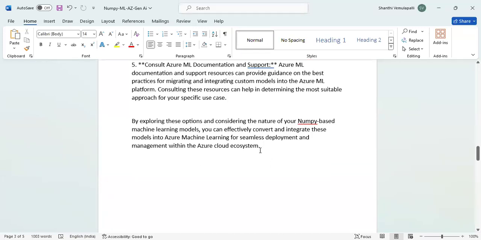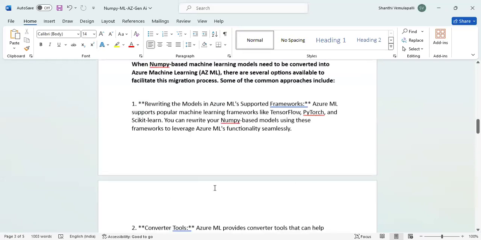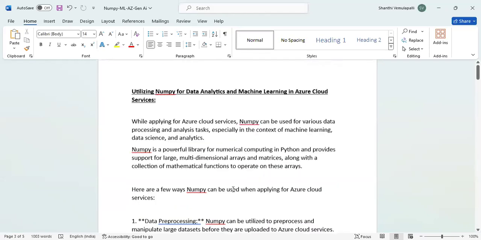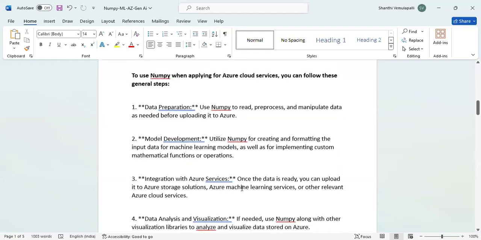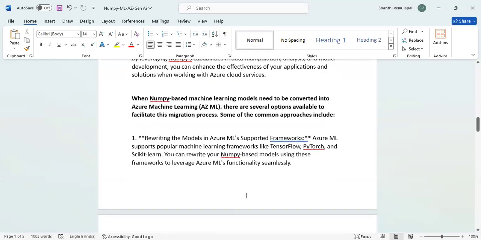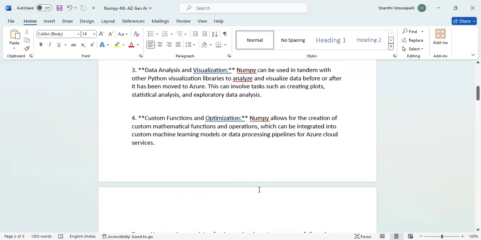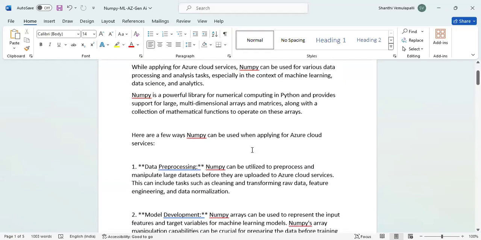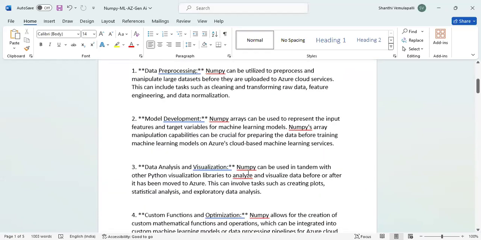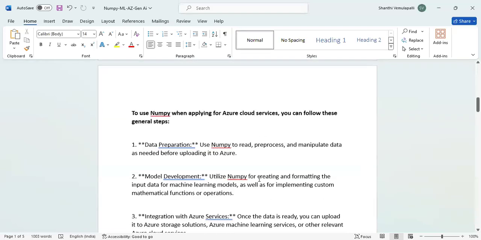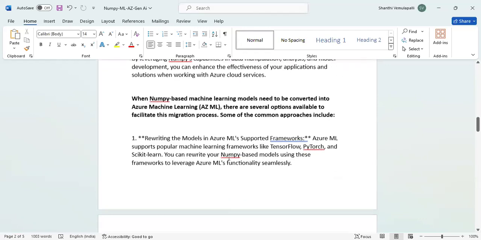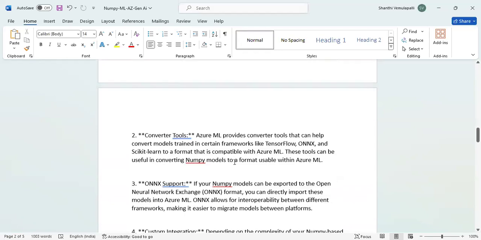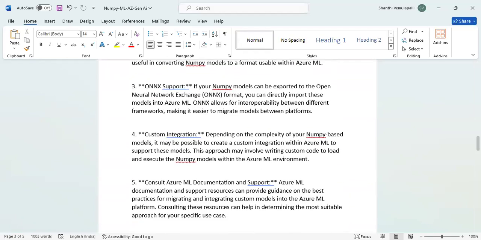So where are we in the Azure machine learning platform? From where we traveled, from NumPy models to Azure cloud services, basic Azure cloud services. Then from basic Azure cloud services to ML services. Why do we need basic cloud services? Because to process the data, we need a cloud service. That is the reason we were dependent on the cloud services. Then later on, we thought, let us convert into Azure ML models. Then we transformed them into Azure ML models by using different techniques and processes.